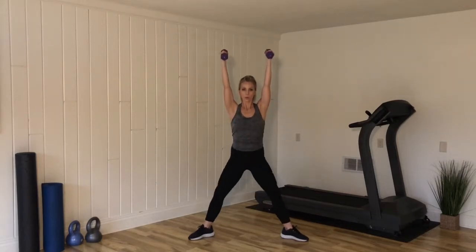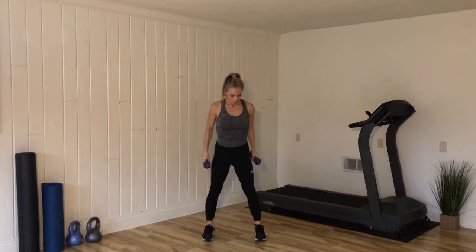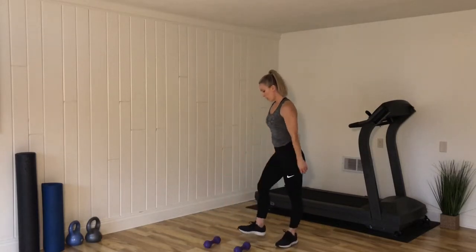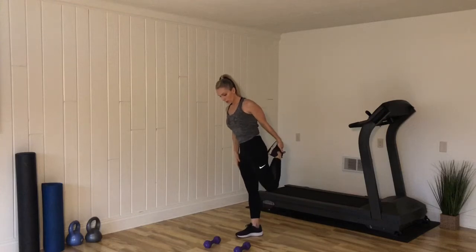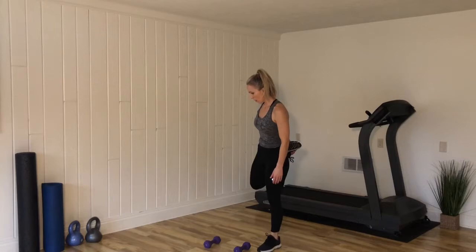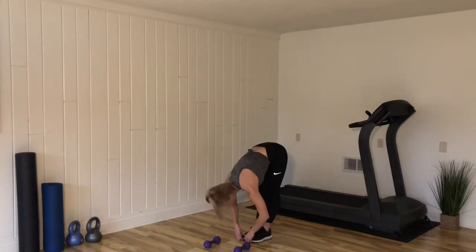Challenging, strengthening the legs and the heart. Nice work. You can go ahead and drop those weights, catch your breath, maybe do a few stretches, stretching out the quads here. Make sure you get both sides and continue to let that heart rate lower. We're gonna head back to lower body next